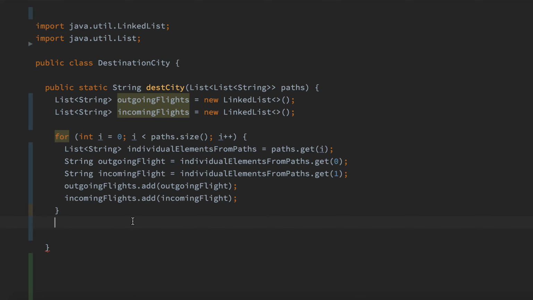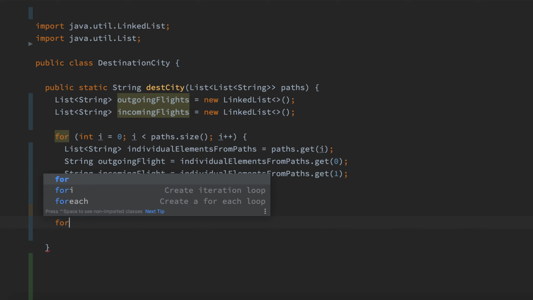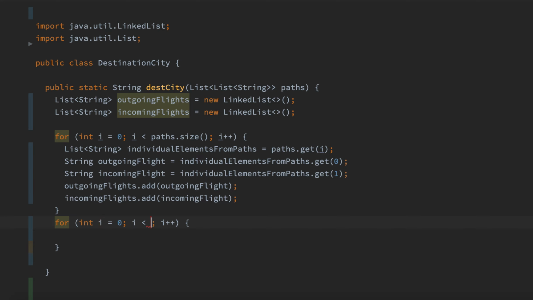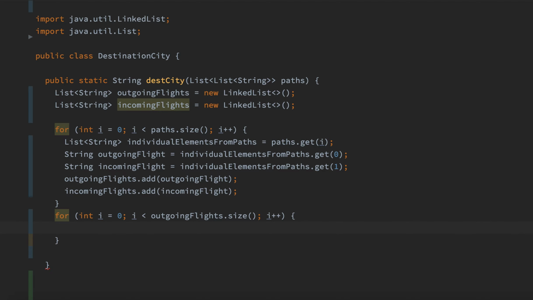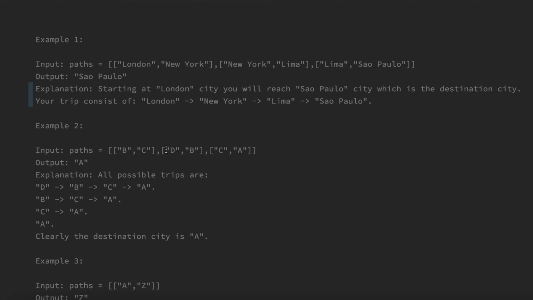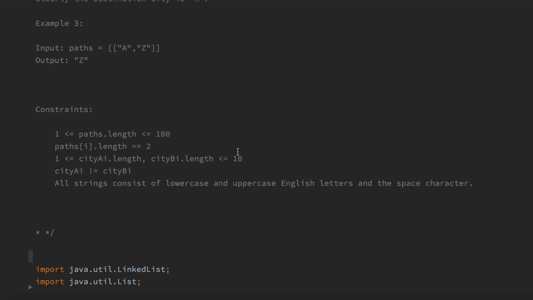Down here, we're going to do another for loop for I. I is going to be equal to 0. And for the conditional in our for statement, we can do either outgoing flights dot size or incoming flights dot size, because we know they're the same size. They both have the same number of elements. Now, in here is going to be pretty straightforward. We're going to take the incoming flights dot get I, and so now we have each of the incoming flights elements. So we have C, we have B, we have A, and we're going to go through each of those